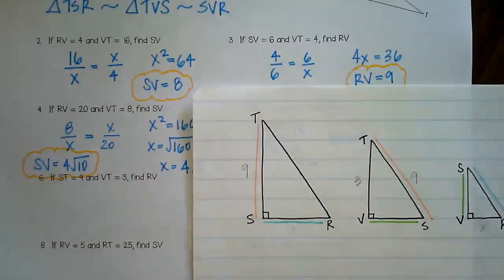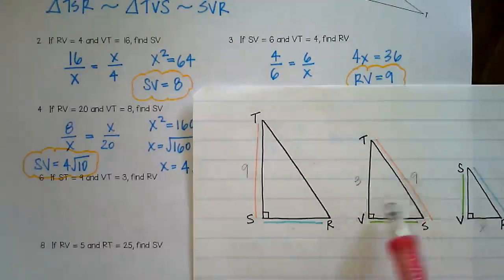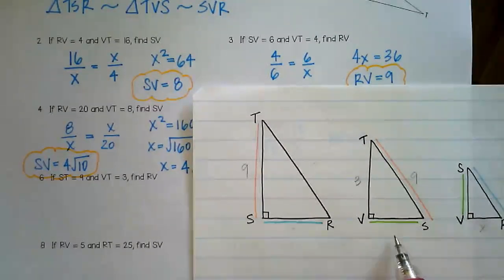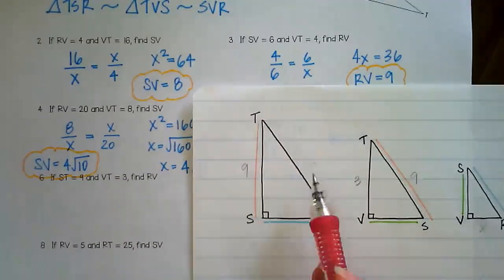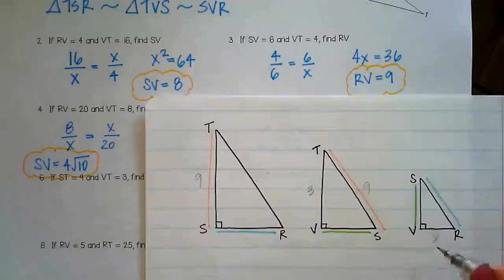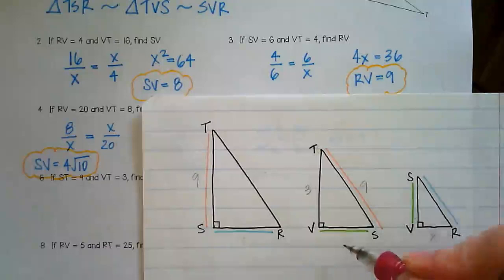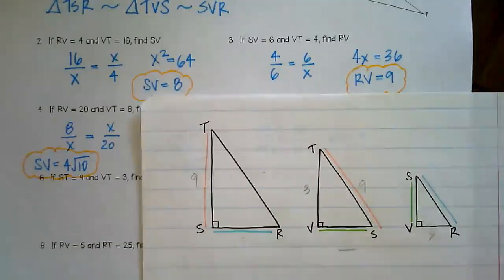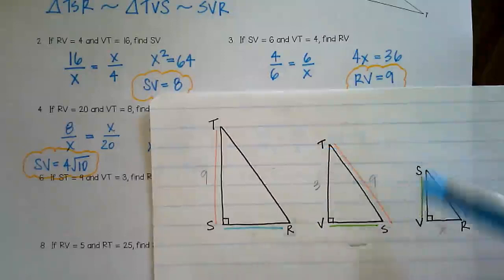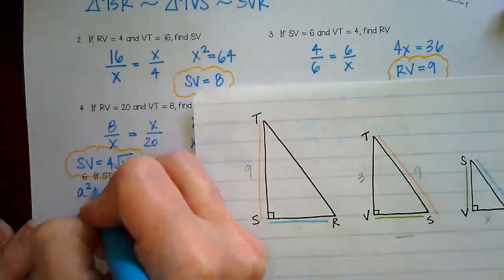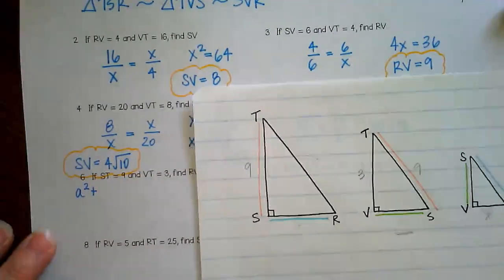Okay, so when I look at this one right here, I am noticing that I have two sides of this right triangle, but I don't have the third. And over here I only have one, which means I can't figure out the other two. So the first thing I'm going to do is use Pythagorean Theorem to figure out what this side is right here. So if I do Pythagorean Theorem, I know that a squared, which I don't know, plus 3 squared, which would be 9,